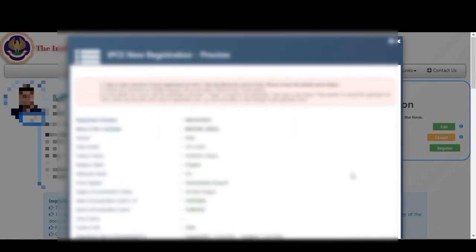Preview your application and fill in all your details very carefully, so that it does not create any mess in future.